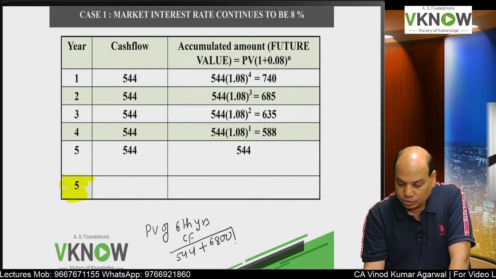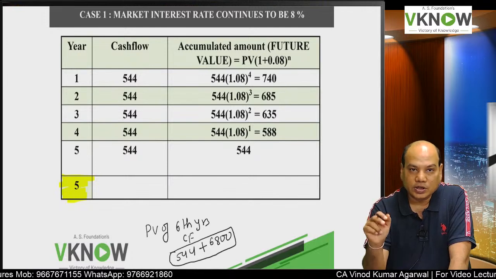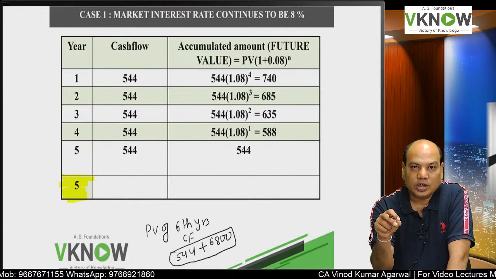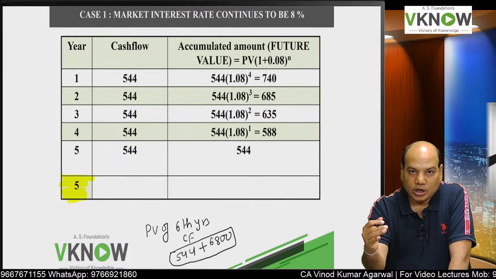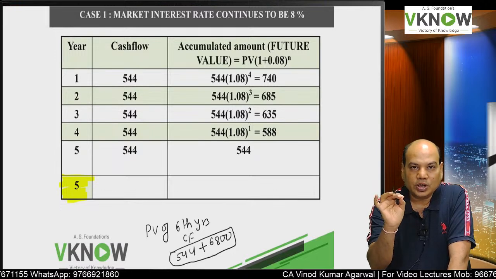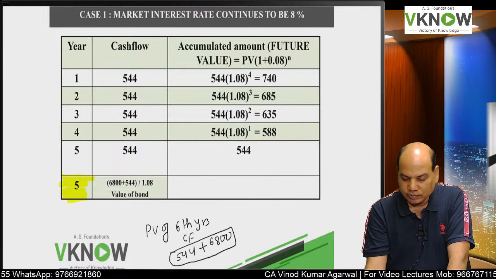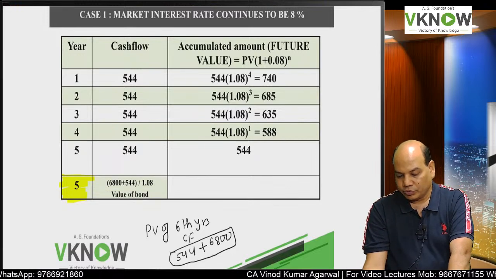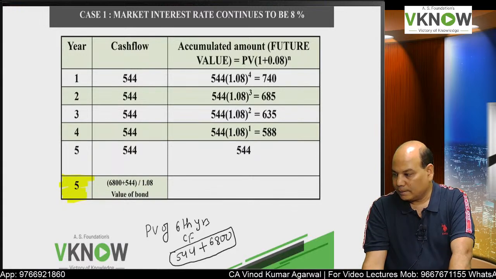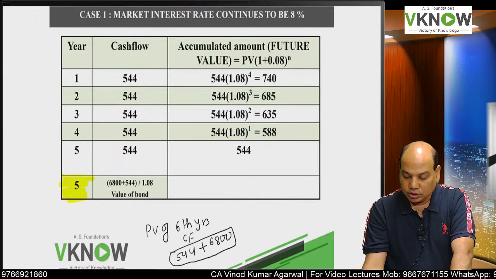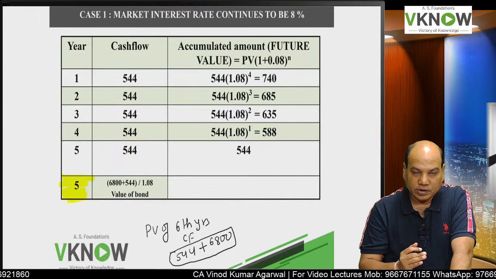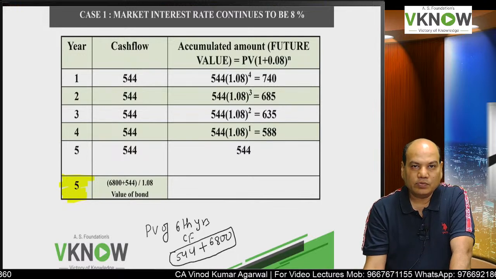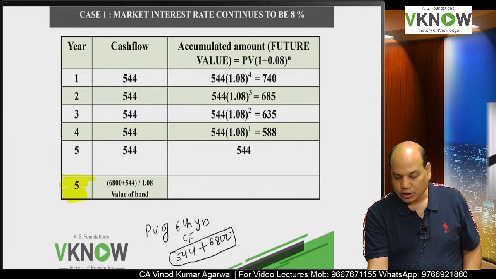This cash flow will be received at the end of the 6th year, but I am going to sell it at the end of the 5th year. So I will discount it using an 8% discount rate. You write like this: 6800 plus 544 and compute the present value by using the 1 year factor, divide by 1.08. So that comes to